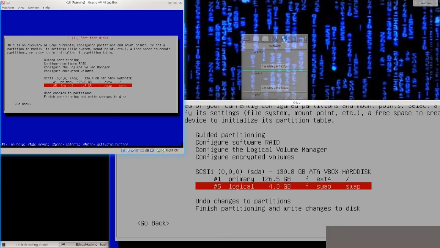Usually swap partitions are configured to be double the size of your RAM. My RAM is 8 gigabytes, but here by default the computer has assigned 4, because this is a virtual machine, and if you remember, at the beginning I assigned 2 gigabytes of RAM to this virtual machine, so it has multiplied it by 2. It was just above 2, so I get 4.3